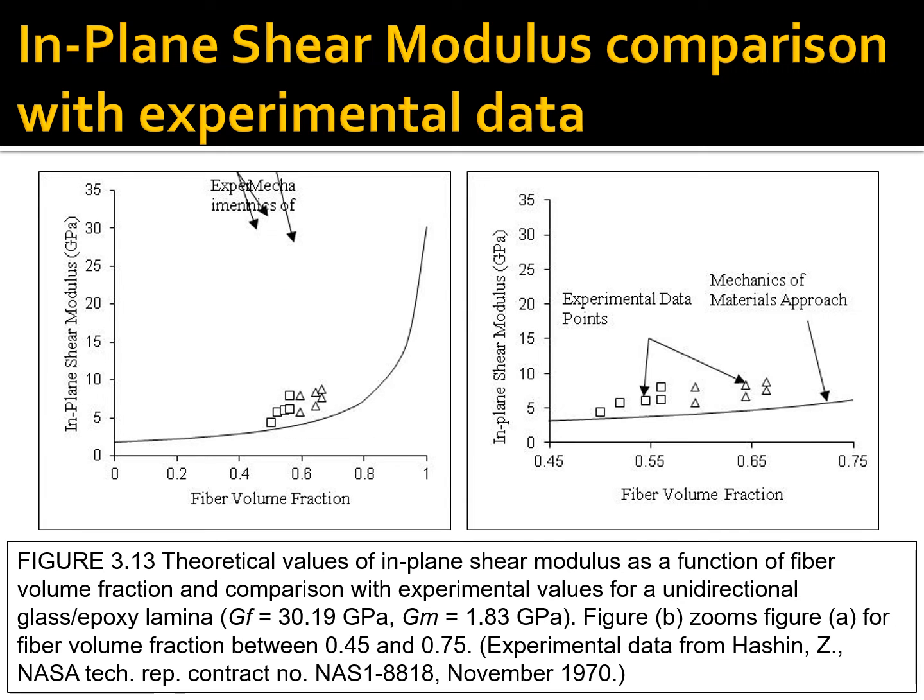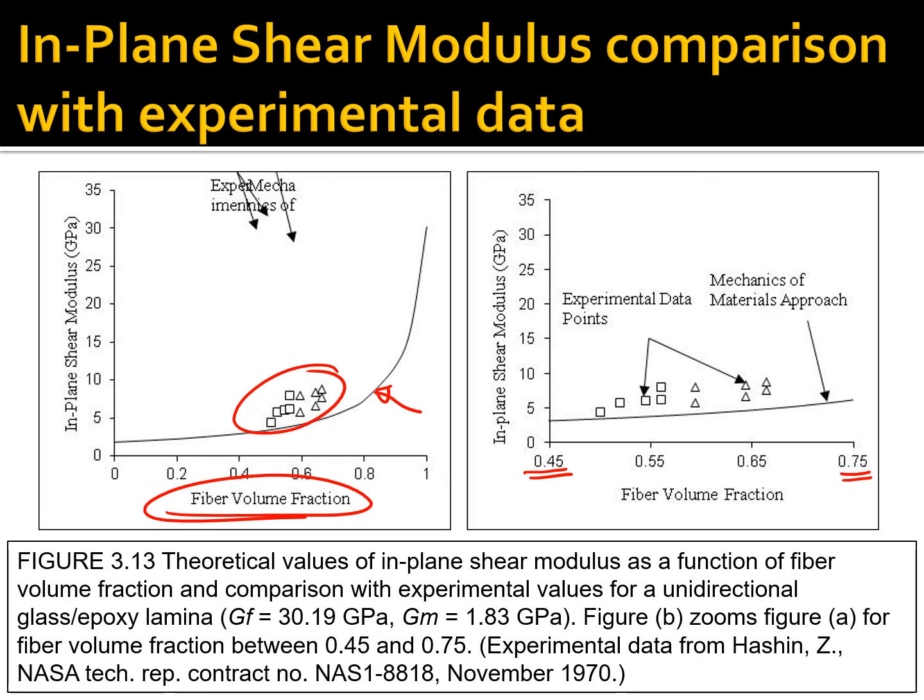Now, one of the things which we saw in the calculation of E2 as well is that the experimental data points do not match very well with the mechanics of materials approach. So here is in-plane shear modulus being plotted as a function of fiber volume fraction. You're finding out they are there so far as the experimental results are concerned, and this is the inverse rule of mixtures formula. But if we concentrate only on the fiber volume fraction between 0.4 and 0.75, you are finding